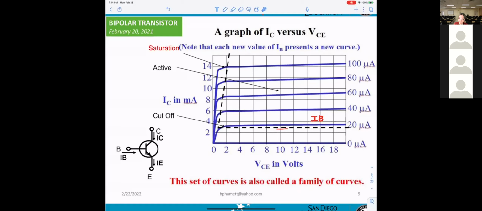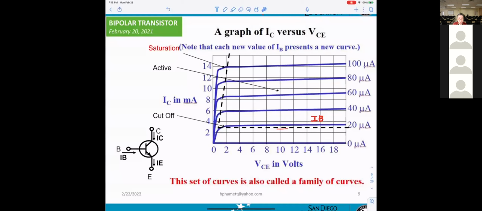We already told you, the transistor will be either cut off, active, or saturation. Again, cut off means IB, IE, IC equal 0. They're used for switching, that means just on and off. And also, this area is saturation.